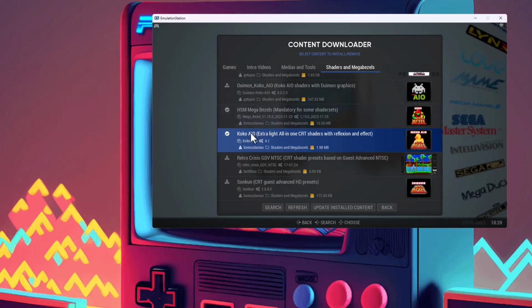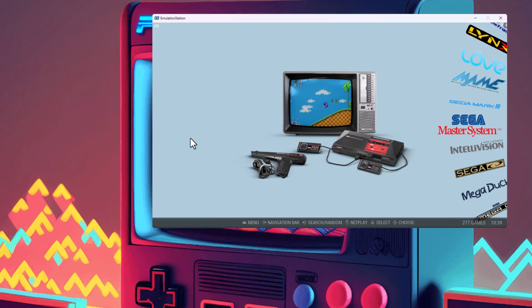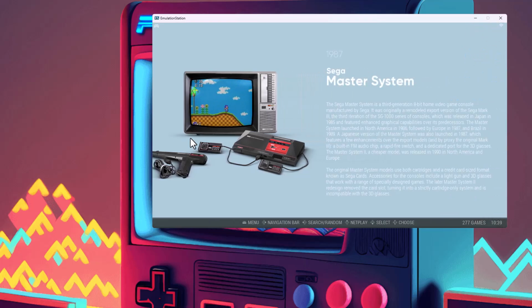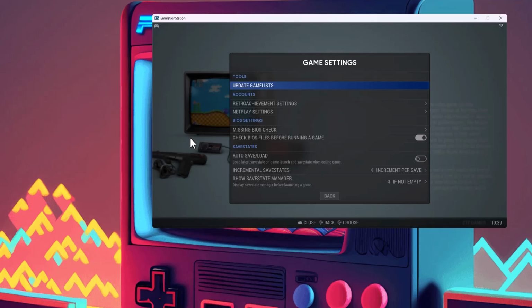I'd recommend this one here, this Coco AIO with the reflections built in. But yeah, you can basically just download and install them from there, and it'll download them for you, and then they'll be available. So if we now go back in,